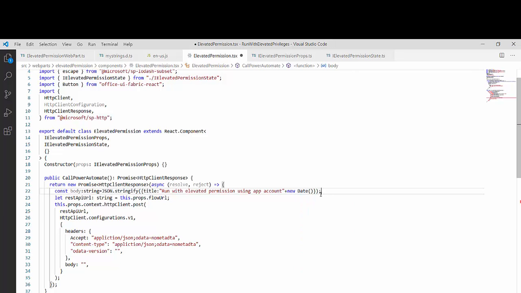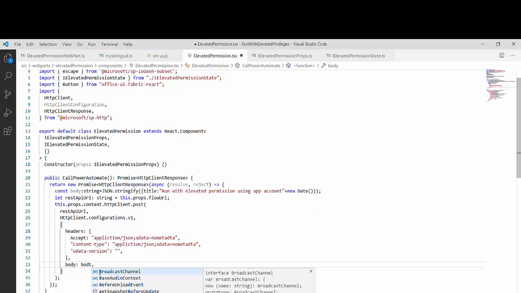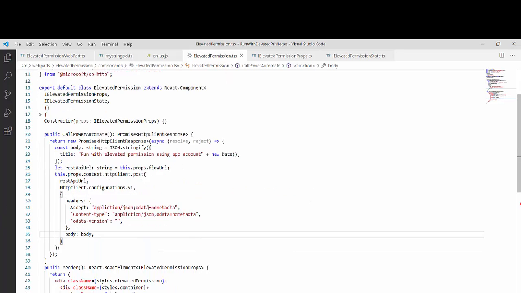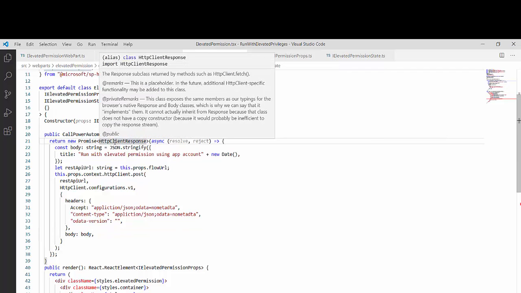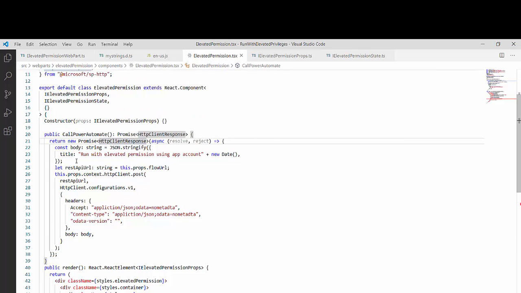Now my body is also ready, so I will pass body over here. So this is my complete function call Power Automate. What I'm doing is using HttpClientResponse instead of SPHttpClientResponse, because we are not interacting with any SharePoint list. From over here I have got the body, I'm passing the title value, then the REST API URL I will pass from the web part property, configuration.v1 we will use directly, and these are my headers.